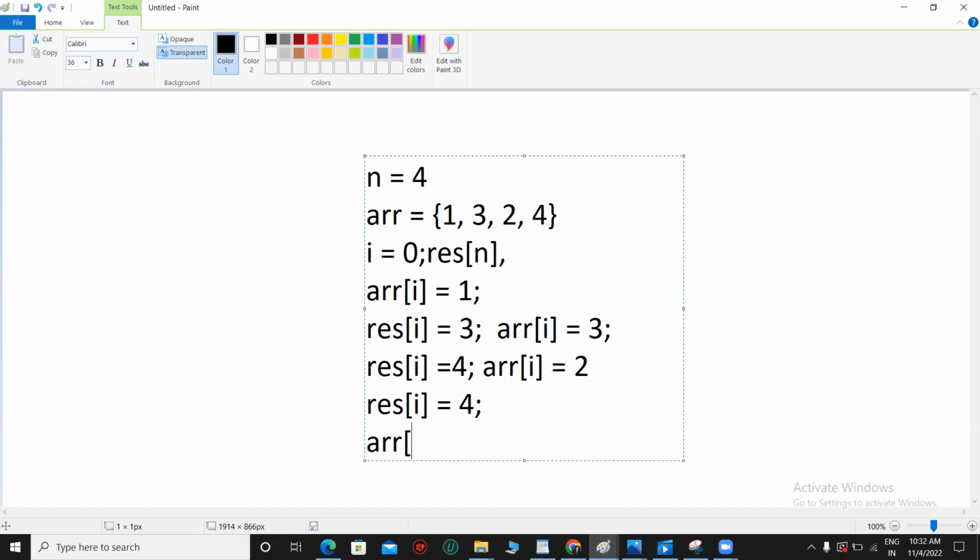Now our i will increment to 4, and for the 4 we need to find the result. So here we don't have anything, and the question says when we don't have any greater element, we just need to print -1. So after adding all this in the resultant array, we just need to print the resultant array, and the answer would be